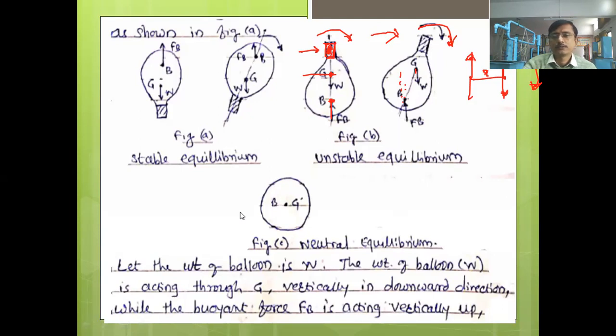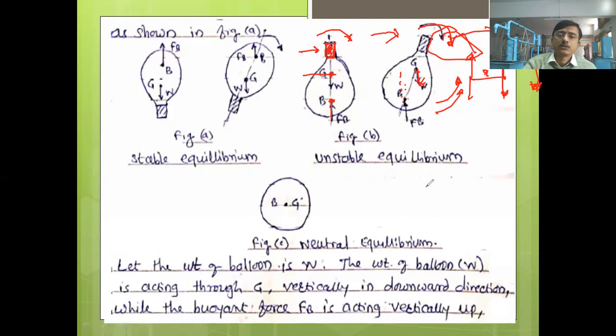Will the balloon come back? No chance. No, it will not come back, because there is no force or couple which is acting in opposite direction to this particular force. To oppose the movement created at this place, no movement is acting in the opposite or anti-clockwise direction. The movement of the couple formed here also acts in the clockwise direction. This is also clockwise and this is also clockwise.